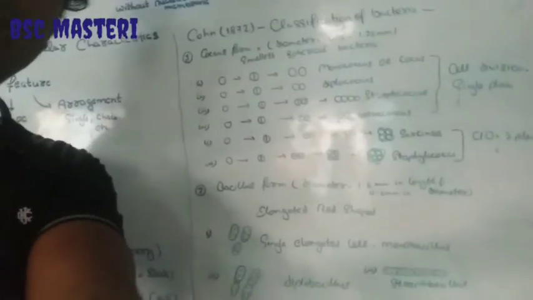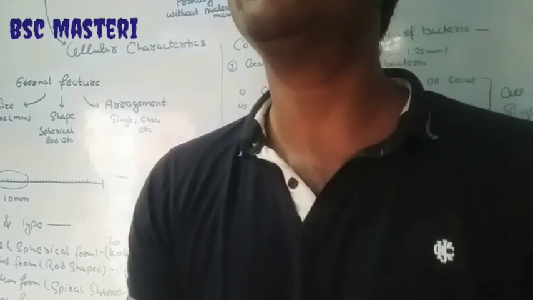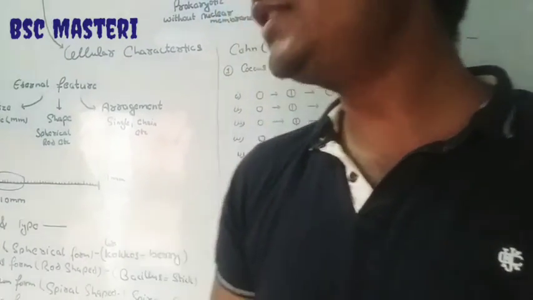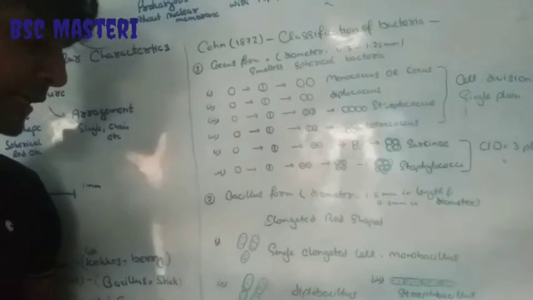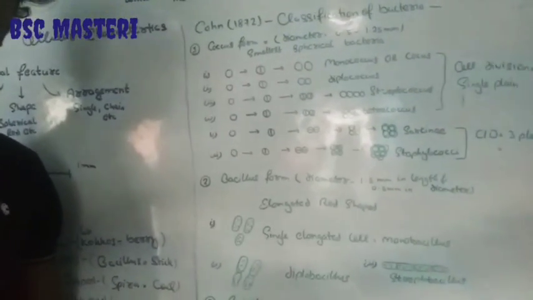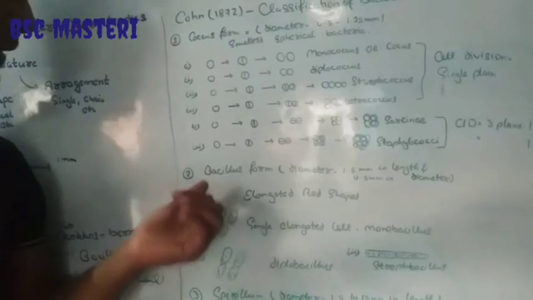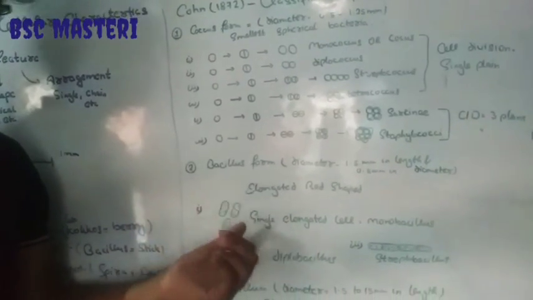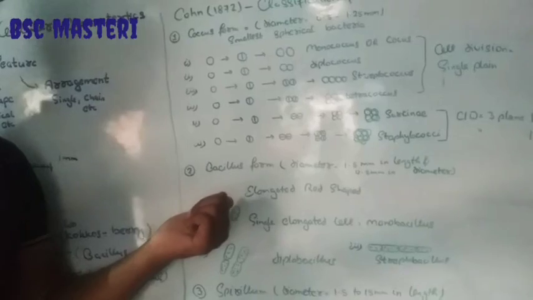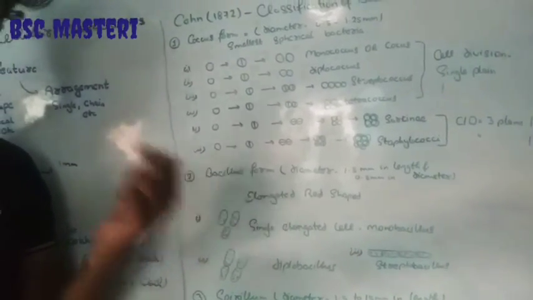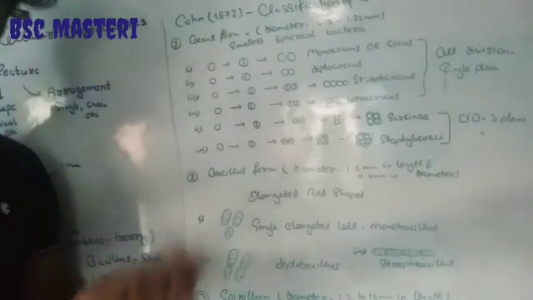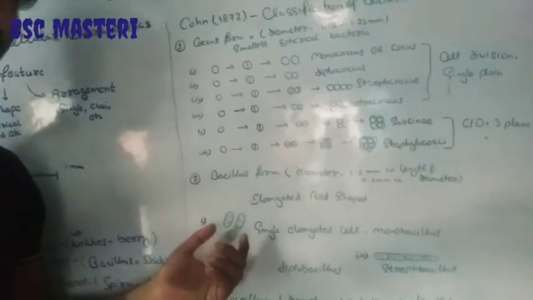Except for the coccus bacteria, which do not show any motility because of the absence of flagella, all three other types of bacteria, Bacillus, Spirillum and comma-shaped bacteria, show locomotion because of the presence of flagella. But in the Bacillus form, it can be either motile or non-motile, because in some bacteria flagella are present, but in some they are absent. An example of a non-motile bacillus is the Lactobacillus bacteria.